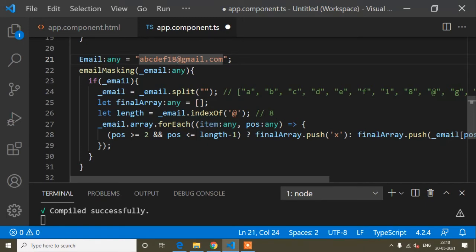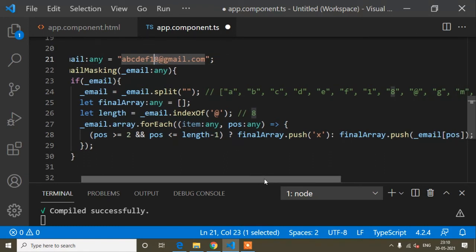Here length is this one, because I stored the @ position inside the length variable, that means length is 8. So 8 minus 1 means this one: the @ is at number 8 position, and 8 minus 1 means this one. I hope you have understood, guys.